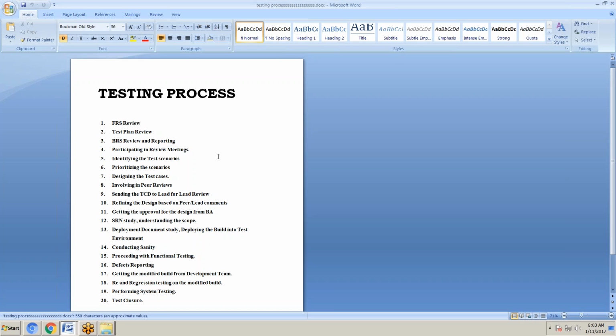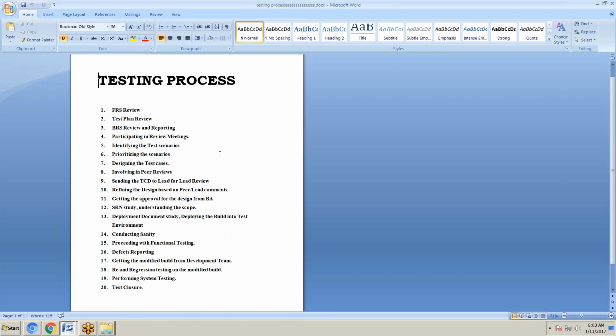We have some points in the testing process. First, we need to do the FRS review. Next, test plan review. Third, BRS review. Fourth, participating in the review meetings. Fifth, identifying the test scenarios and prioritizing the scenarios, designing the test cases, involving peer reviews, sending the test case